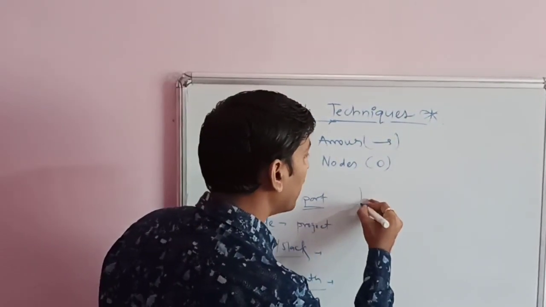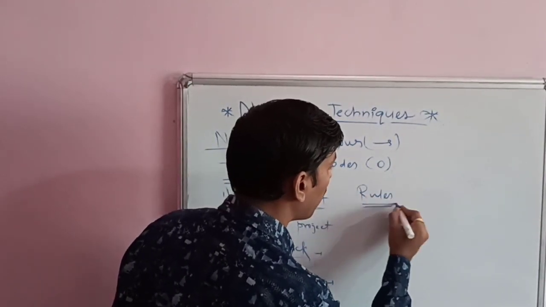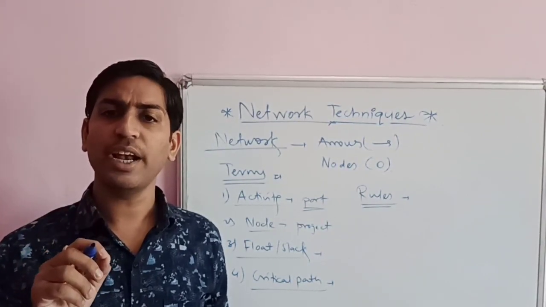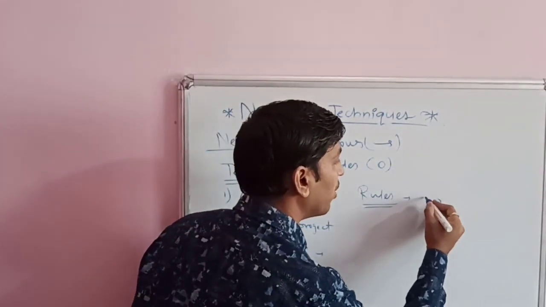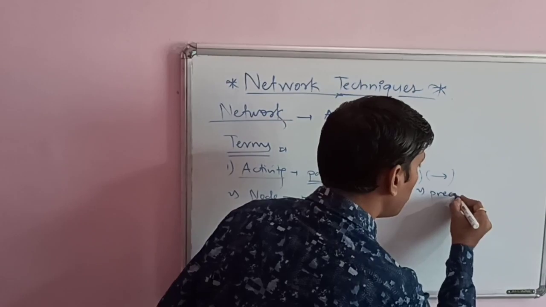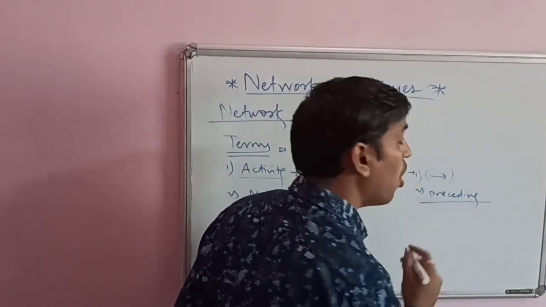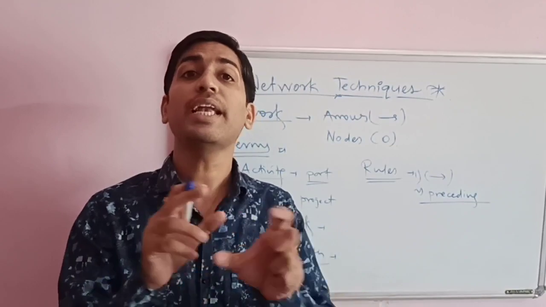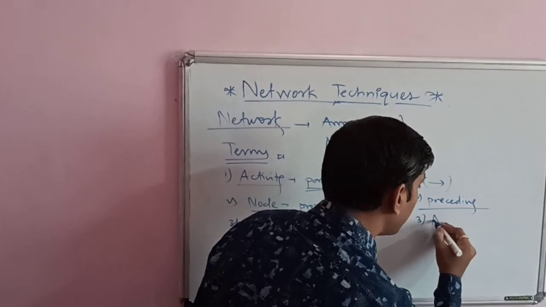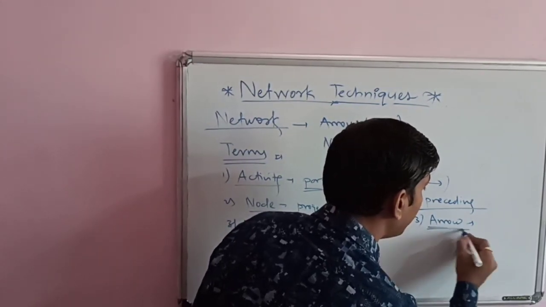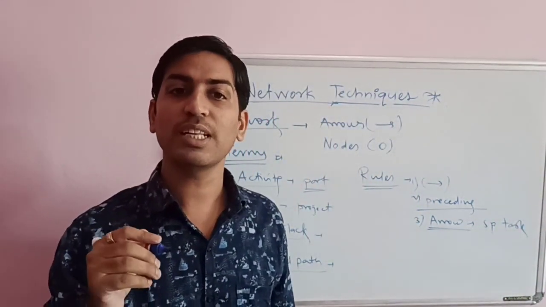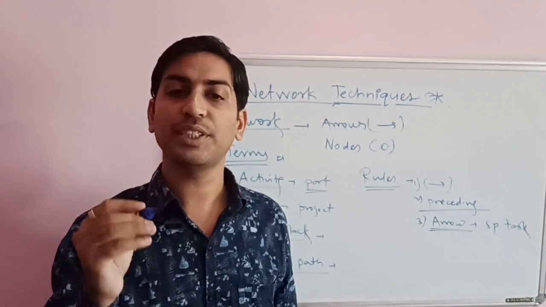At the same time, there are different rules set for the network. The rules are like this: each defined activity is represented by one and only one arrow. The arrow represents only one activity. Second, before moving ahead in the network diagram, all preceding activities, that is the dependent activities, should be completed in time. Next, the arrow indicates the direction of a specific task. So it is nothing but the indication of general progression in time.